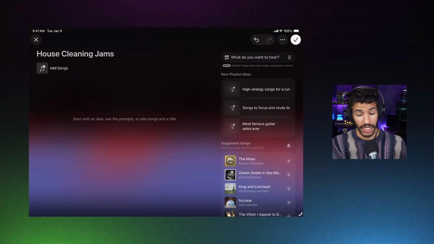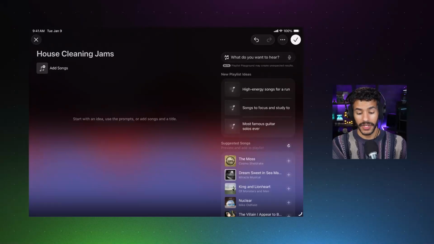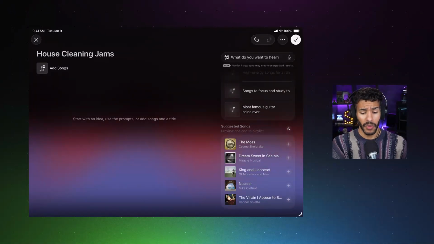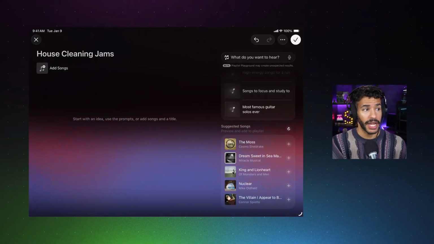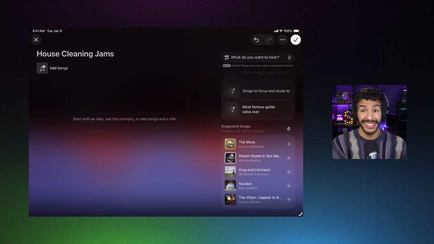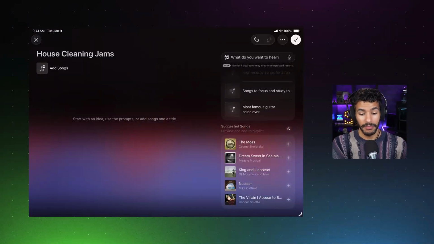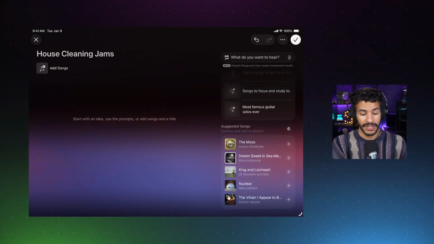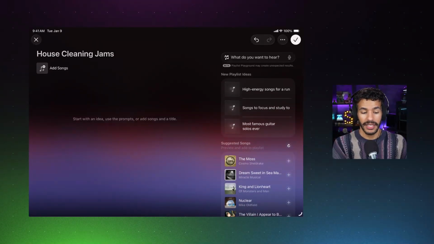And the first thing that we can do is scroll down and look at suggested songs. These are songs that Apple Music is suggesting adding to a new playlist based on stuff that I have listened to before and stuff that I may want to listen to based on my current tastes. This is not, I stress, not the way to use Apple Music's new Playlist Playground. That's what we've been used to up to this point. You can add songs that way, but what we want to do is actually create a playlist that's based on